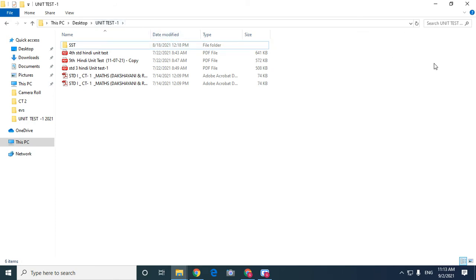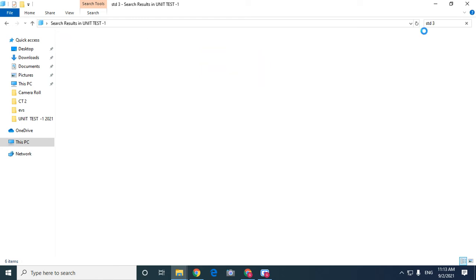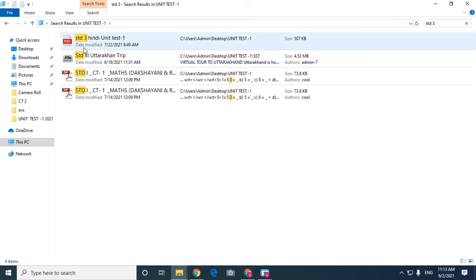Again, if you want to search for anything in the unit test, if you have many documents in this unit test but you are unable to find one by scrolling, you can use the search bar for that purpose. Okay, in the search bar I'll type